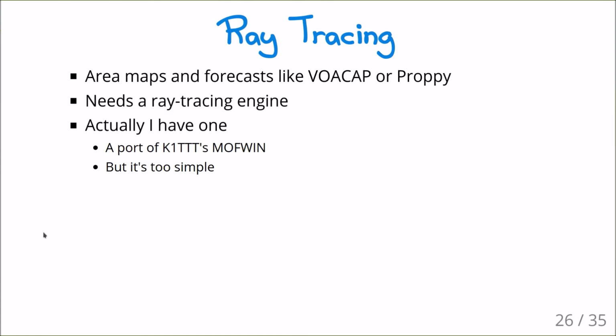In order to do that, you need a ray tracing engine that takes those maps and uses them to actually model the communication path between point A and point B. Say, given this ionosphere, is the signal going to make it or not? And so I went and I did that using one that I could find, which was MUFFIN, written by K1TTT. And it works and I can get things out of it, but the results are not quite up to snuff. But I'll show you some of what that can do. Anyhow,